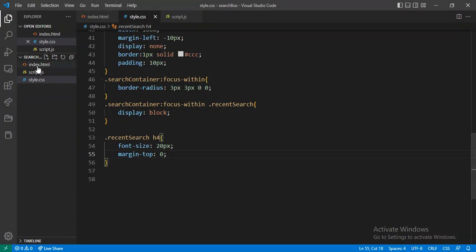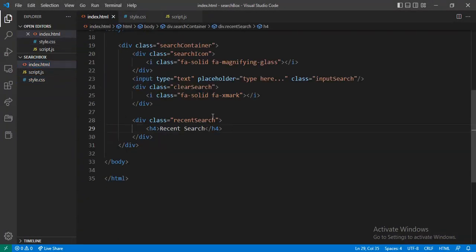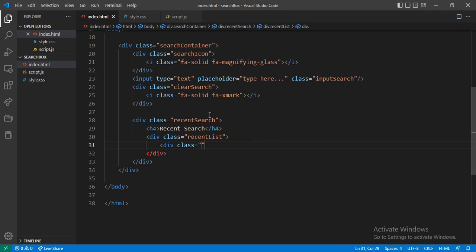For the demo purpose, I make one div with the class recent list. Inside that, I add one div with the class recent item. Inside that, first of all I want to add the icon, then after this the text will be displayed. For that, I give the